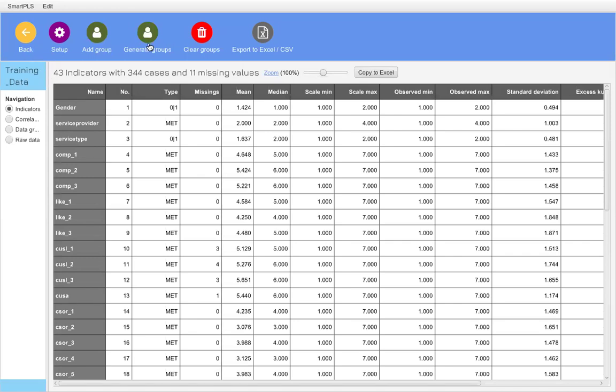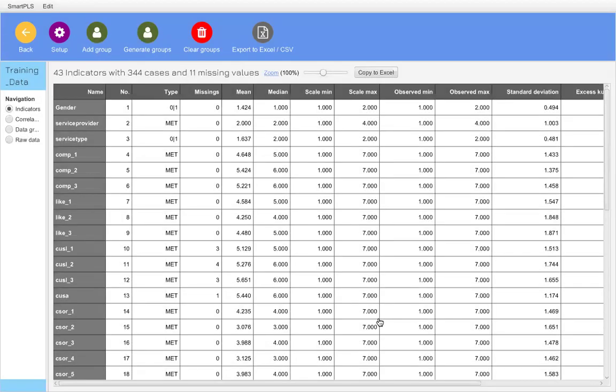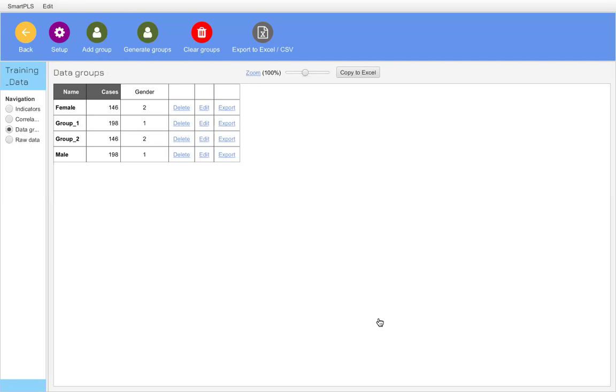You click on generate group, then this will open up. Now select gender. When you select gender, click apply. Mine is already showing this because I think I created the group previously. So let me delete and do it again.